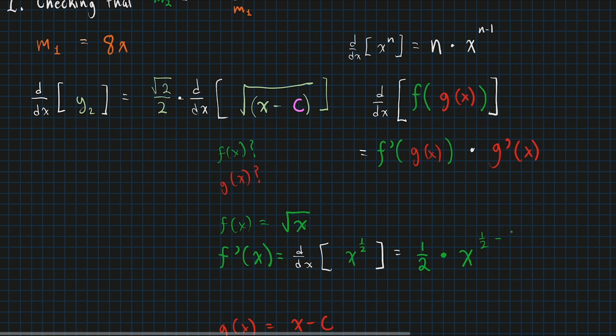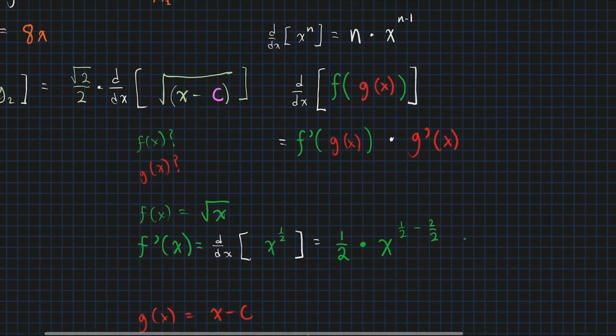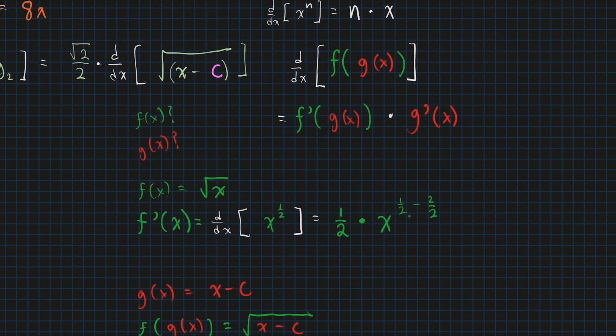Well, 1 is really 2/2, so we can have the same denominator. And 1/2 minus 2/2 is negative 1/2. So this is x to the power of negative 1/2. And when you take something to a negative power, you bring it to the denominator. You make 1 over that x to the n, and you make the exponent positive. So this is equal to